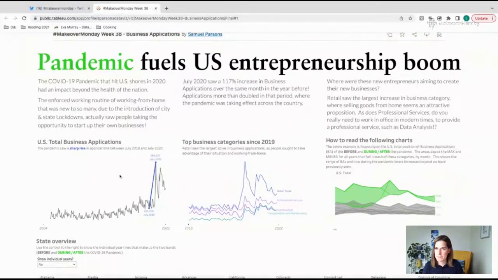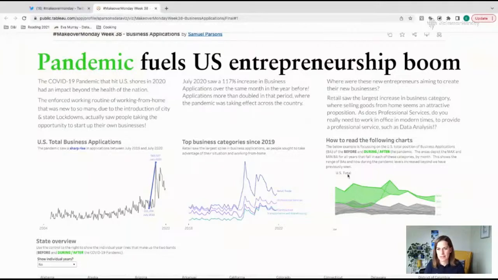I love that in the title there's no mention of business applications or business formation, and you don't have to. You can use different words. And I like that he's used entrepreneurship boom, because not only is that accurate, but entrepreneurship, I think, is a term we use much more commonly these days for people starting a business. They're not necessarily founders, or owners or directors necessarily. They're entrepreneurs. And that to me immediately makes me think, oh, somebody's starting something new.